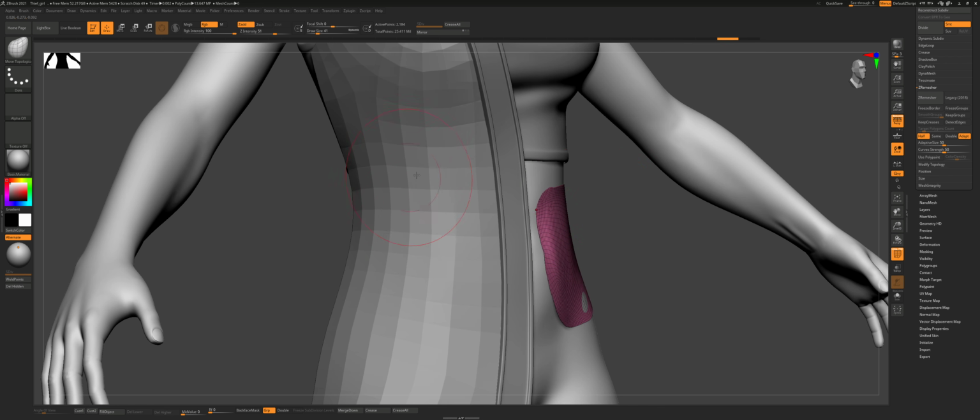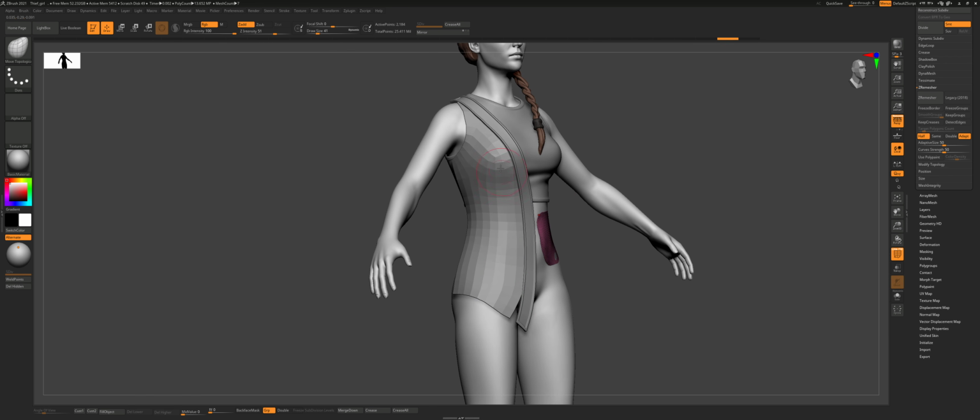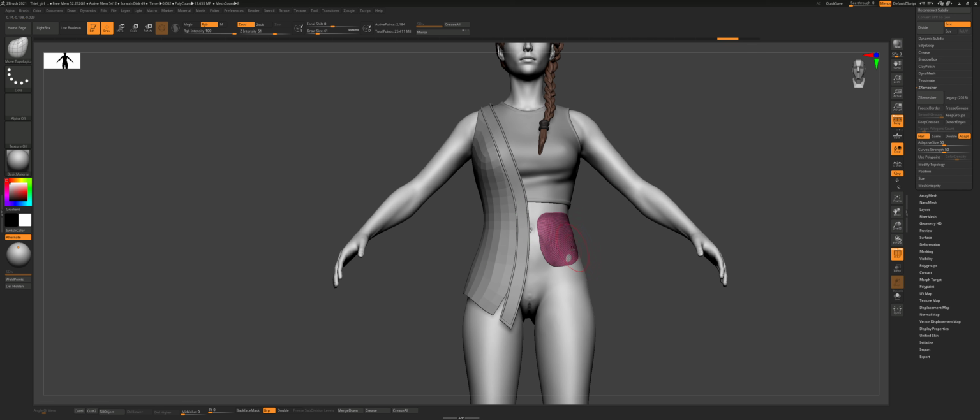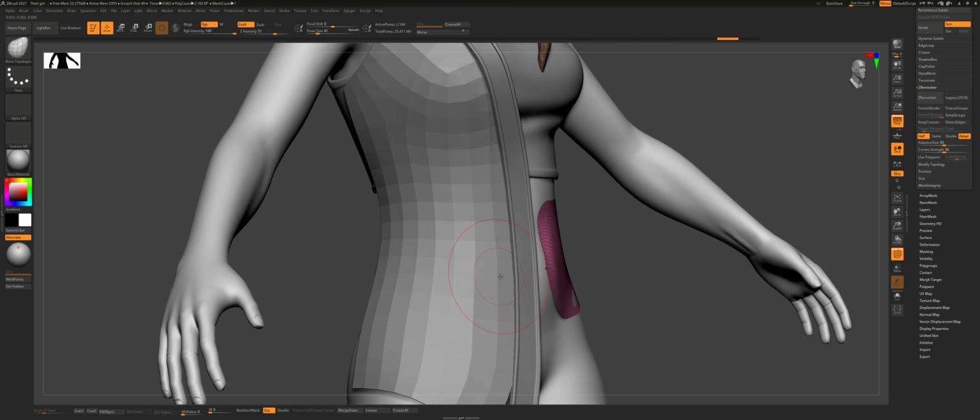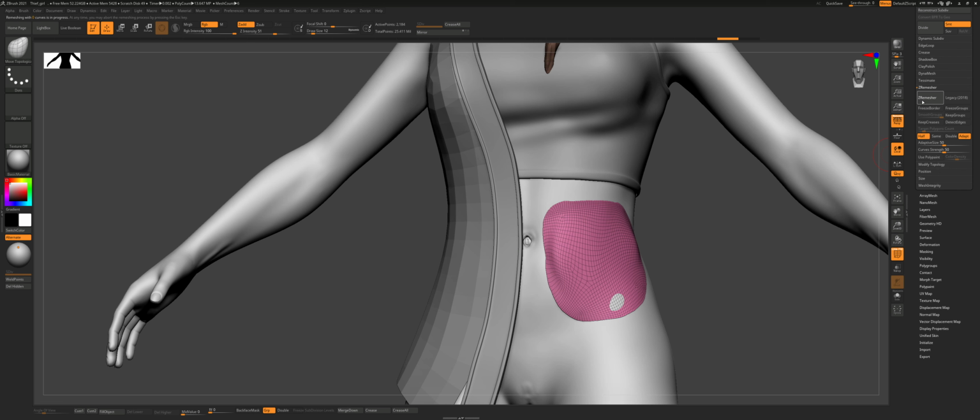If you want to make something like this, you can mask out like this. After masking like this, you just need to do the same process to get this kind of surface, I mean the piece. Let me show. Let me do one more time. One more ZRemesher. Remeshing